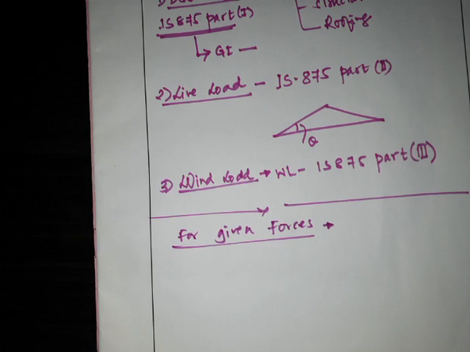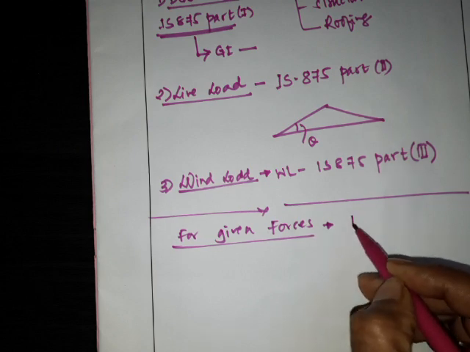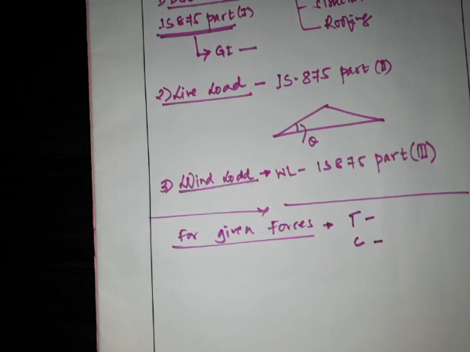The required or pre-manufactured data will be given, or the forces, whatever they are, it may be T or C, tension or compression, or both. The member will carry both tension as well as compression. With respect to those forces we have to design the different components. The important components are the principal rafter, main tie, and the other interior members. So you have to design those members.